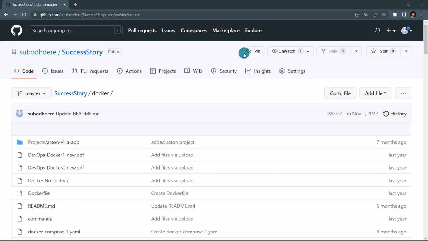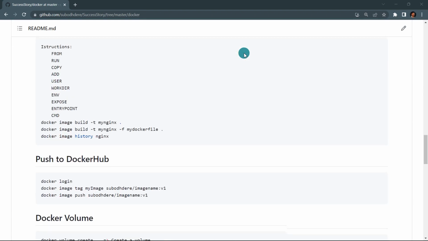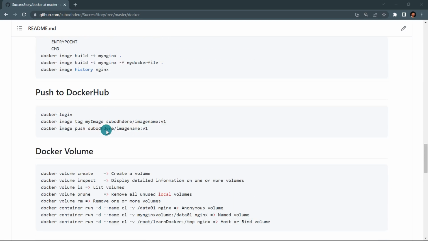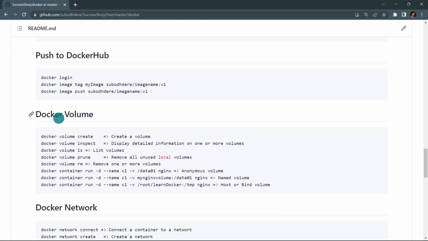So till now we have seen about the containers, the Docker images, Docker file, how to create a custom image, how to use all those instructions to create a custom image and how to build it. And once we build it, how we can push that custom image to our personal Docker Hub account that we have seen. And in the last session, we talked about the Docker volume that is mainly for the data persistence